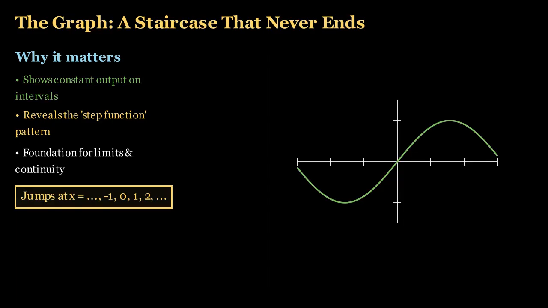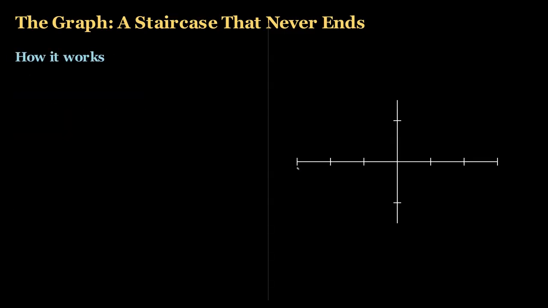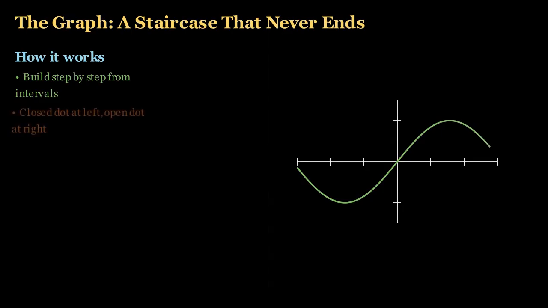Let's build this staircase with our own hands, starting from x equals 0. Pick any x between 0 and just below 1, say 0.3. The greatest integer less than or equal to that is 0. So for every x in this interval, including 0 itself, the output y is 0. We draw that as a flat horizontal line at height 0, starting with a solid dot at x equals 0